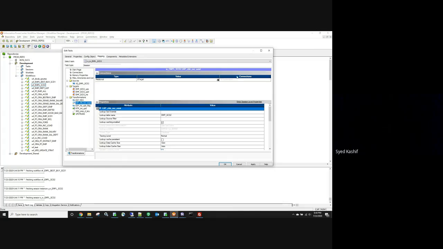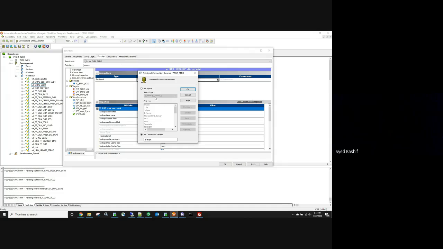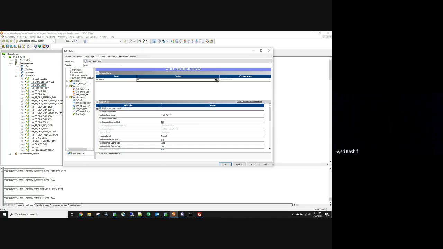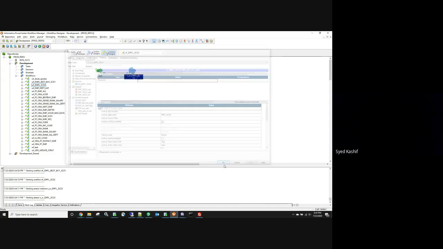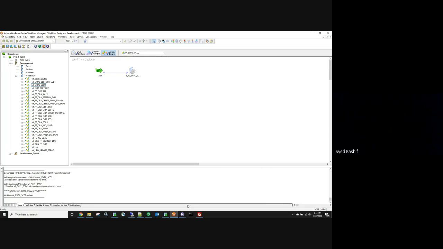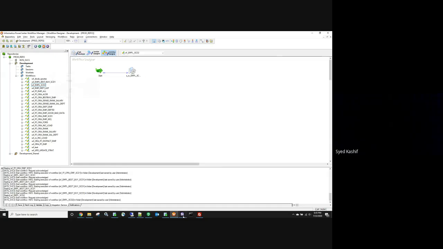Okay. The other thing is give a connection here. Anytime you reference a database object, like I'm referencing the Oracle object, you have to give the connection here. Always make sure that it is saying use last value. That is it. This is SCD type 2. So if I run my workload now,